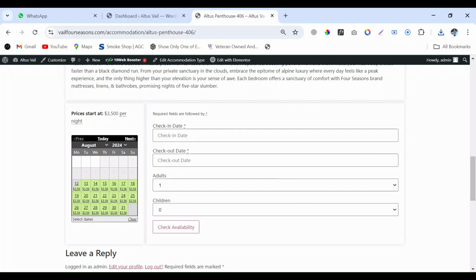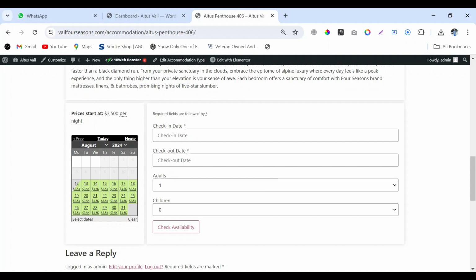If you are using the MotoPress hotel booking plugin on your website for hotel booking, I mean the accommodation process, but for a specific month you want to block some dates, like you want to block the days from Monday to Wednesday, or you want to block some specific single day, like 14 August, 20th August, 25 August. In the MotoPress hotel booking plugin, you can do this very easily.